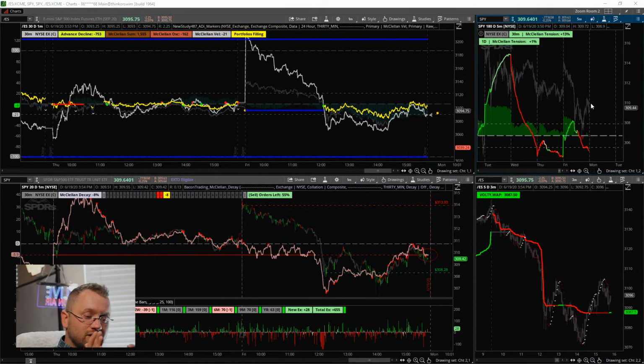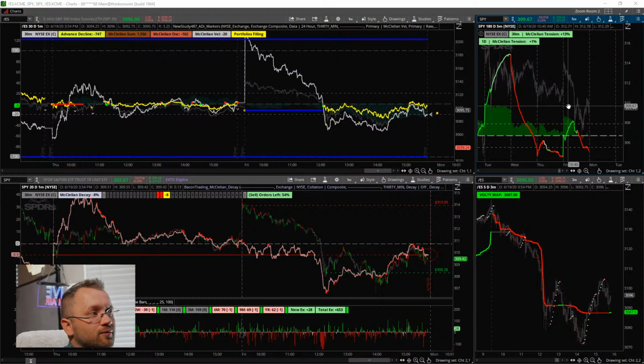That's why I think that the clarity has dropped down, where we need to establish the control here of somebody or the other. And really, when I say control, in terms of this, control is going to mean trapping somebody in on the wrong side and then running the market. I think that would be the best way to do this.